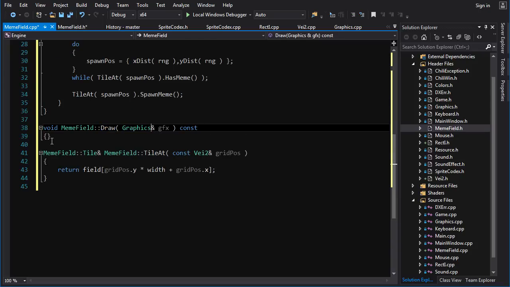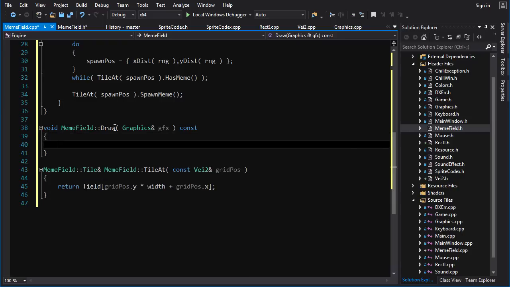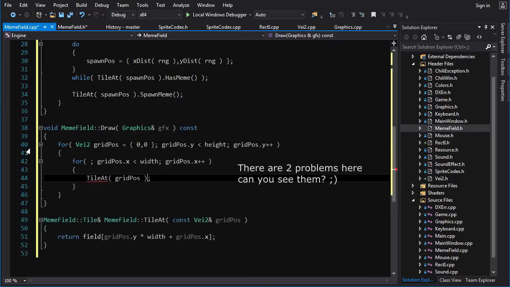Okay, so we want to loop through our X's, we want to loop through our Y's, and we want to do our thing. I'm going to do this loop a little differently, as you can notice. Instead of having int y and int x and looping through them, I'm going to have one vei2 grid position 0 0, and in the outer loop I'm going to loop through grid position.y, and in the inner loop I'm going to loop through grid position.x, and then I can use that grid position directly to pass it to tile at, and I'm going to do tile at blah dot draw, but we don't have a draw